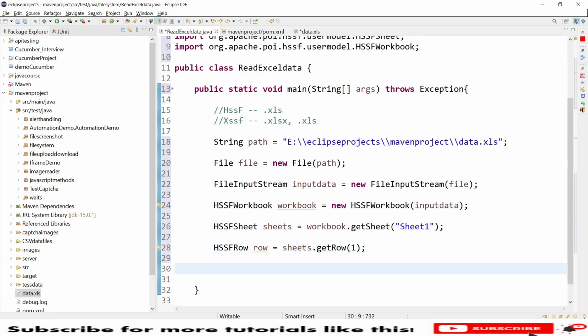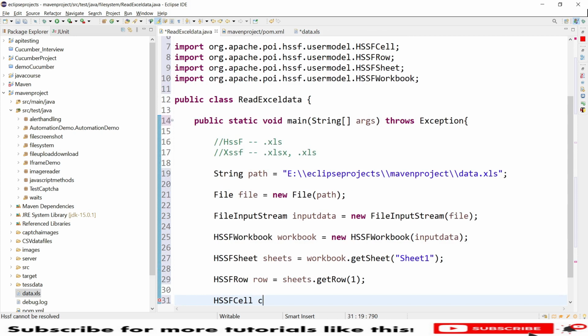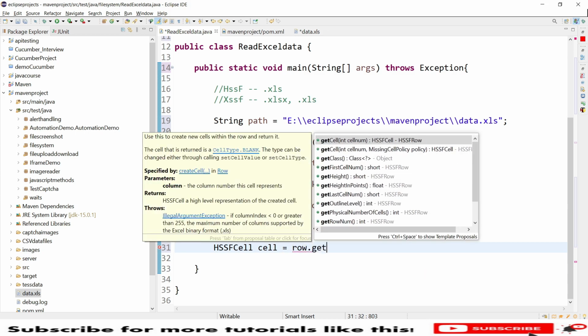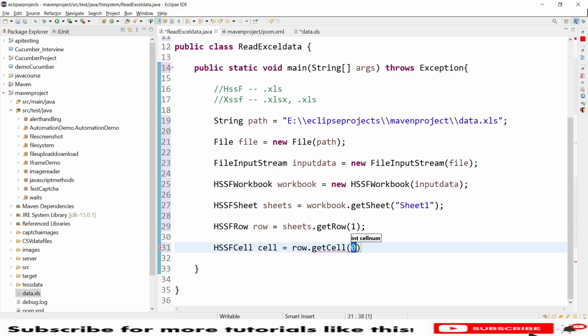Now we got the control of rows. Now we need to go to cells here, right? Cell equal to, now we need to use the row. So using row dot getCell, we provide the get cell using that same row, under that row which cell we are trying to read.